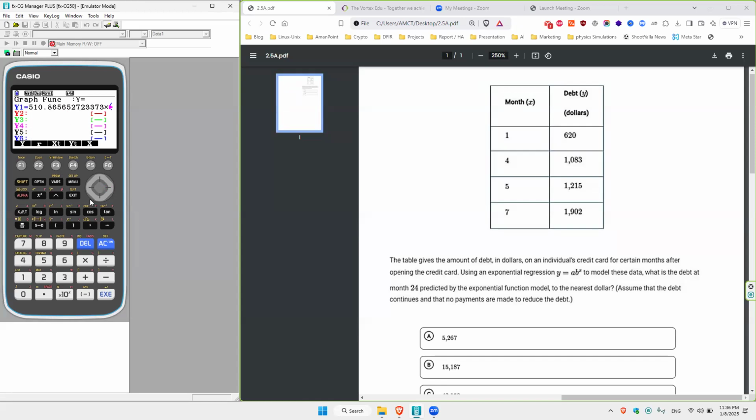So firstly here to get select, I have to click on exit. I need to see select here on the screen. Select is F1. I click on select. Now it is selected. I click on execute. Now it is graphed. To calculate the value of Y at X equals 24, we click on F5, which says Gsolve,